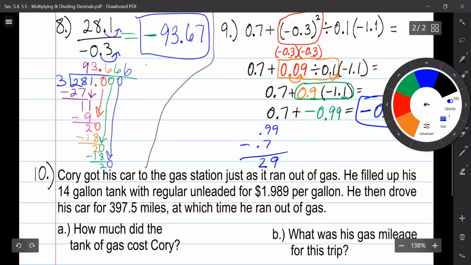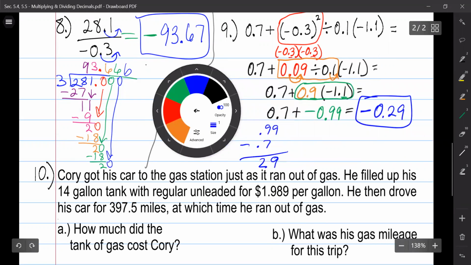All right. Number 10 says Corey got his car to the gas station just as it ran out of gas. He filled up his 14-gallon tank with regular unleaded for